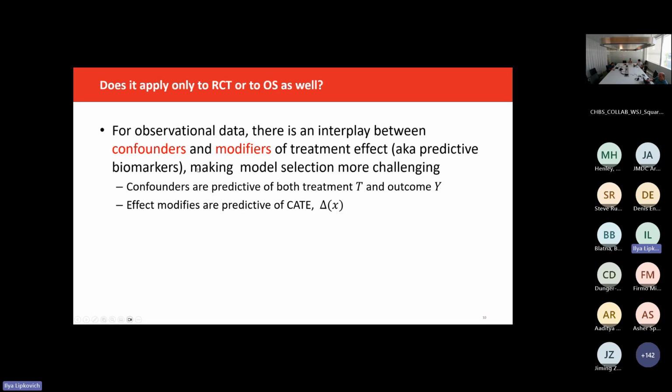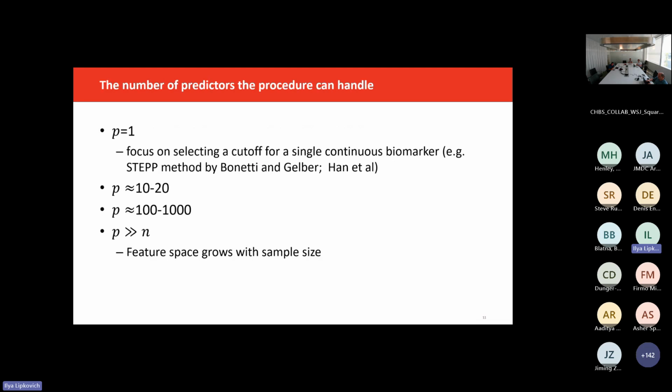That makes model selection more challenging. Confounders are predictive of both treatment and outcome, and effect modifiers are only predictive of the treatment contrast, and many methods cleverly combine estimating both effect modifiers and prognostic effects. Then there is the number of predictors the procedure handles. Some methods just work with one continuous biomarker.